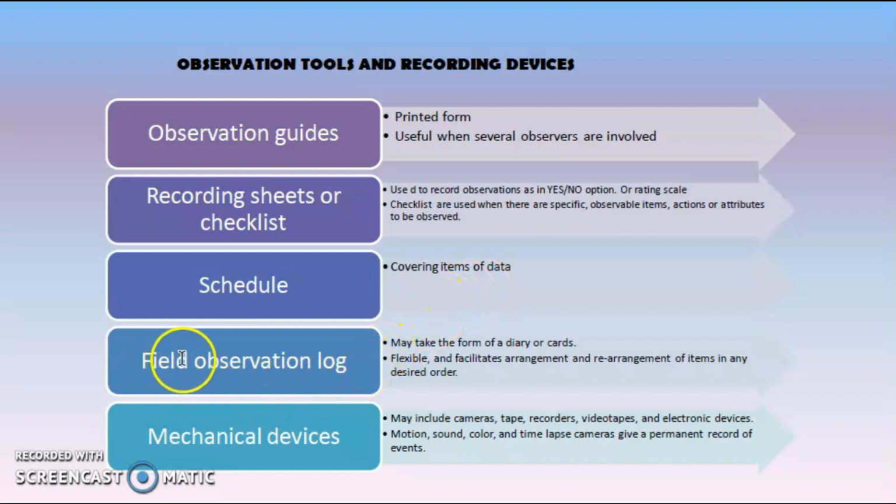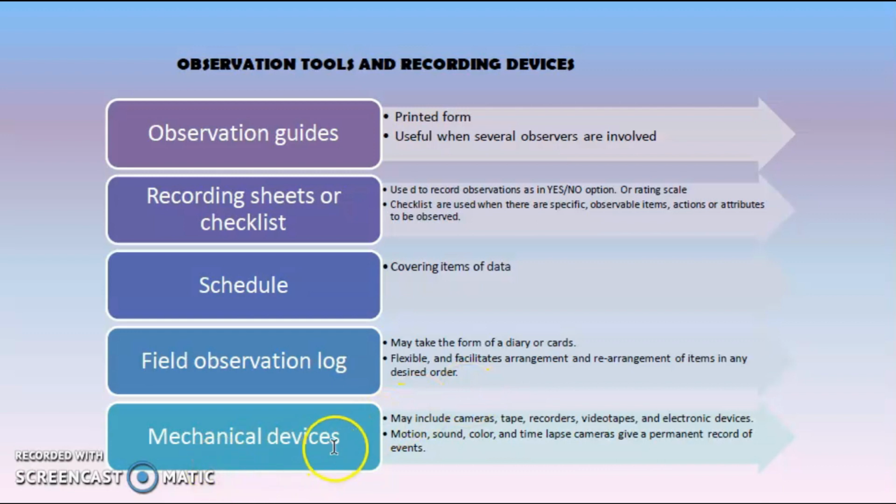Next, field observation log. This may take the form of a diary or card. Each item of observation is recorded under appropriate subheading. At the time of observation, rough noting may be made, and at the end of the day, a full log may be made. The card system is flexible and facilitates arrangement and rearrangement of items in any desired order. And last,